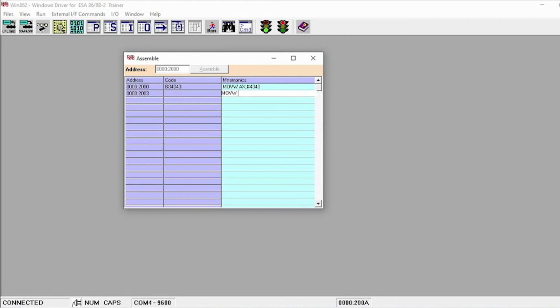MOV BX, #1111. So that is another input we are taking, and to perform the AND operation, take the instruction AND AX, BX, and the last instruction is INT 03.